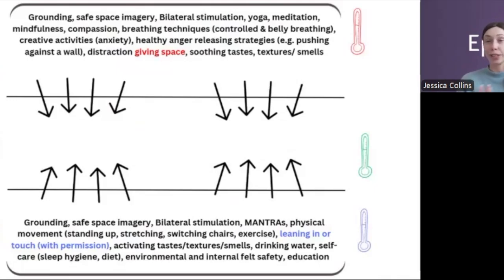Things like certain scents, it might be a calming scent like lavender, or it might be the scent of a loved one's perfume, something that they find really soothing, which can be really helpful, or calming music, that sort of stuff. And soothing rhythmic movements can be really helpful.